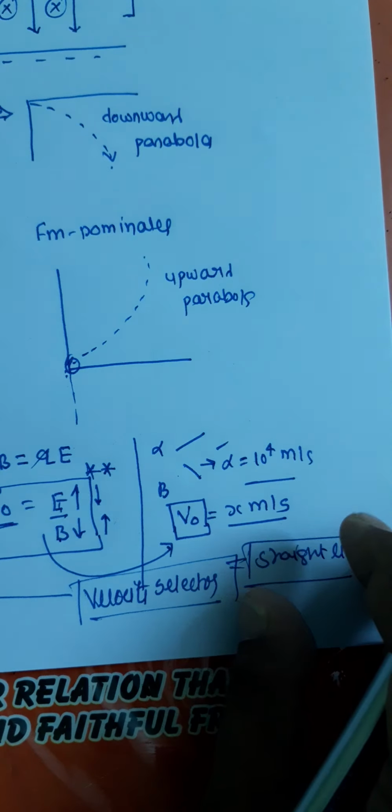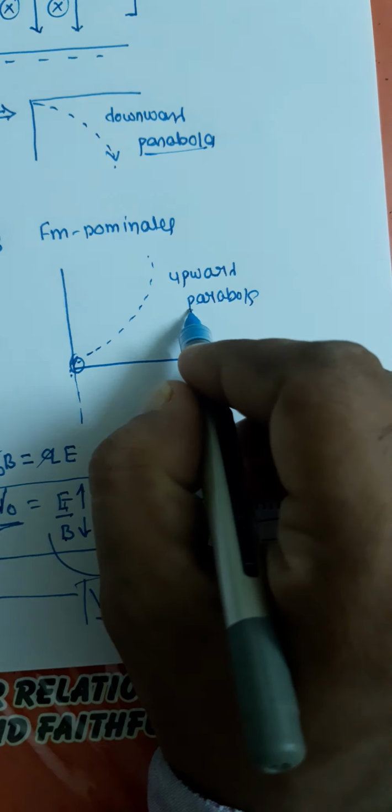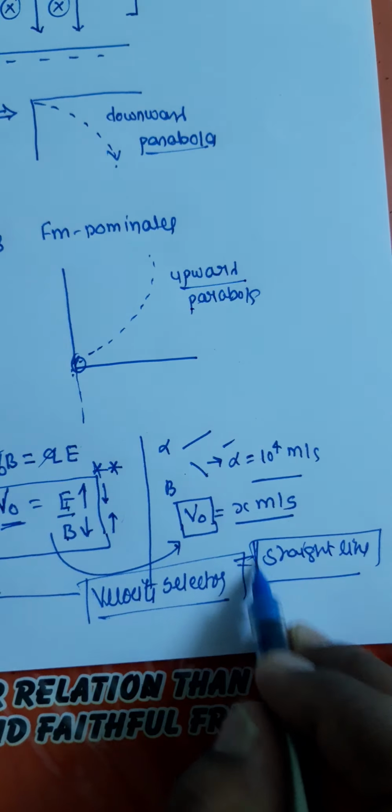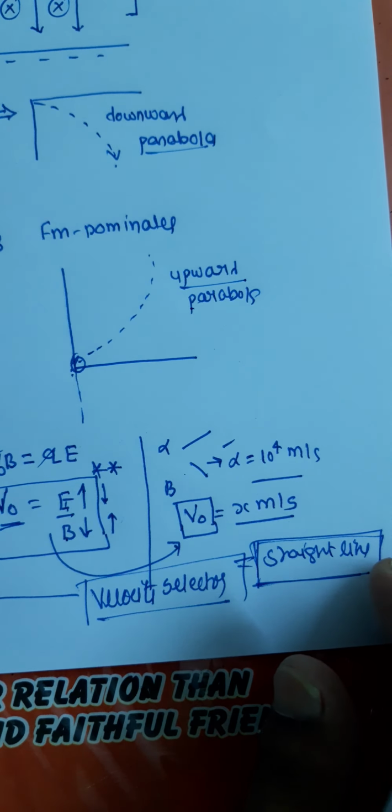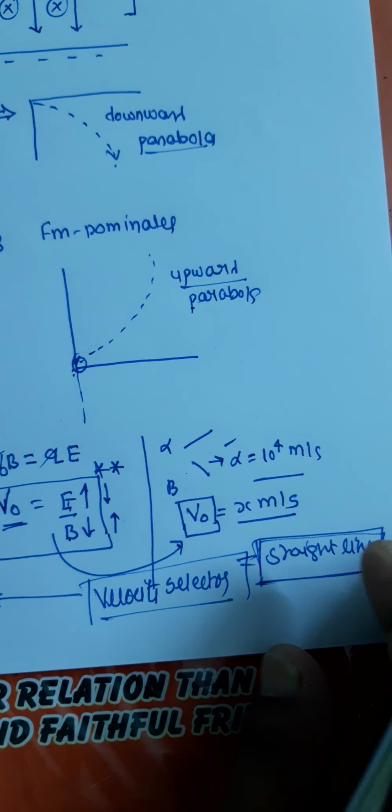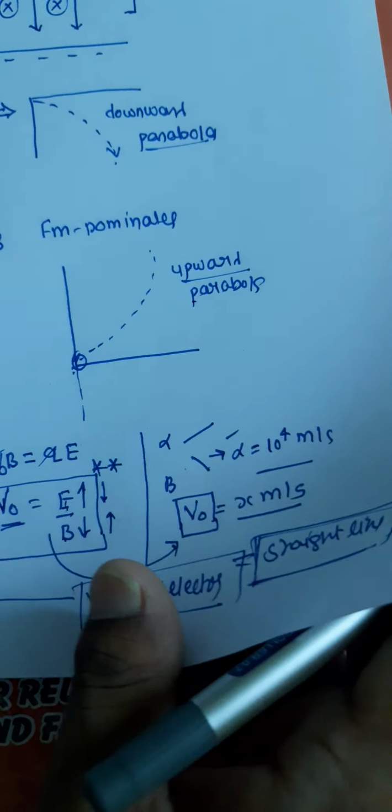So like this, here we got a downward parabola, we got an upward parabola, but this is our target, and finally you will collect it in a collector, and we can use the energy of the particles. So this is the discussion which is required for the Lorentz force. We were discussing the second case. What is the second case actually? This is the case when B is perpendicular to V, meaning magnetic field and electric field are both perpendicular to each other.